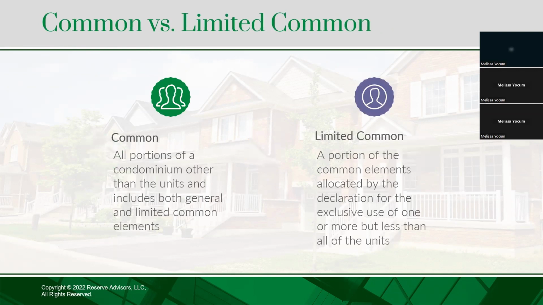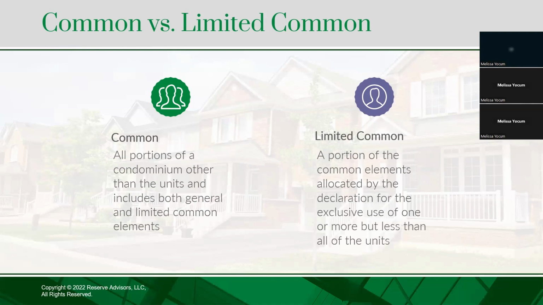Sometimes you'll hear different terms, common versus limited common elements. So common components are components essentially that the association is responsible for. So the homeowner is not responsible for. So if it's a single family home HOA, usually the homes would be the homeowner responsibility and not commonly maintained, but they might have a common area, say clubhouse or private streets that maybe the association maintains. It's a common component that everyone has access to.